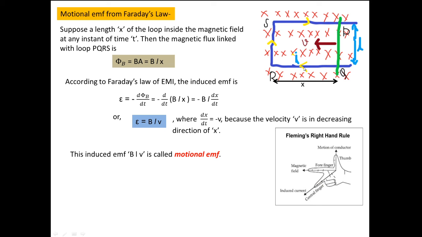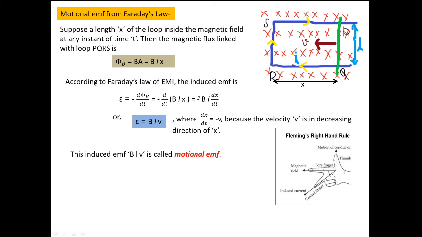Its area, obviously we can say, is x into L, and magnetic field is B. So flux linked with this one is BA cos theta, and the plane we are taking along the direction of the field, so that is B into Lx, the magnetic flux linked at any time. It will not induce an EMF unless and until either B changes or A changes or its angle changes. So now here we are changing the area.